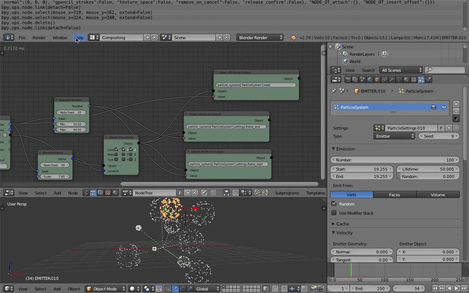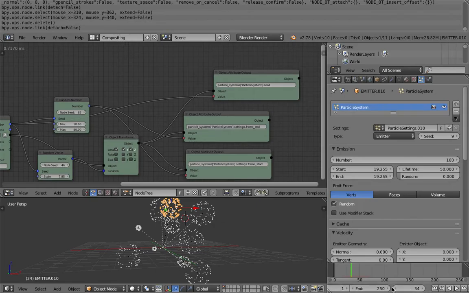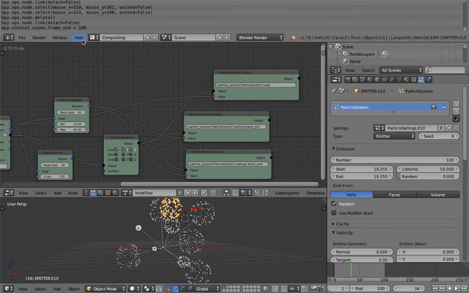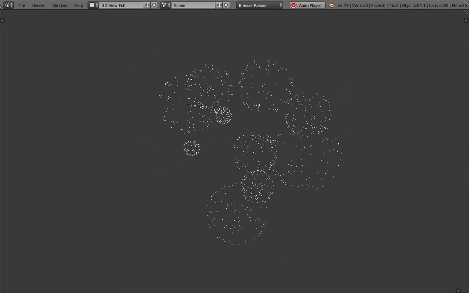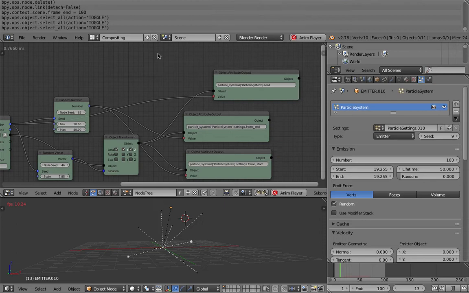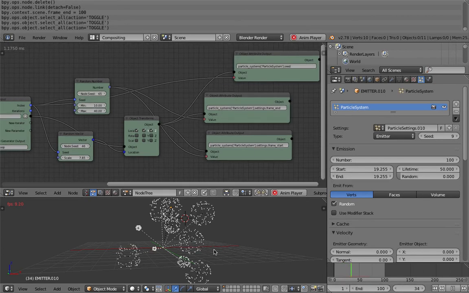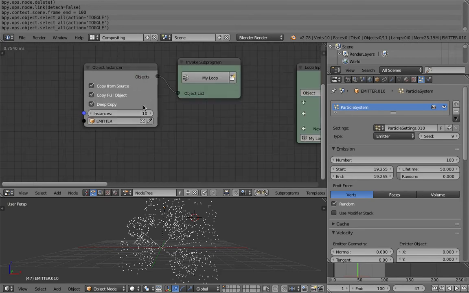Let's quickly have a look in the 3D view. Set this to 100 frames only. 3D view full playback. So we can see, yeah, that's pretty random, and each one of them is also different. Yep, that should be all right, except that currently the only downside is